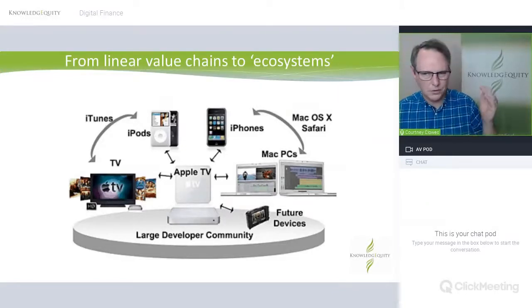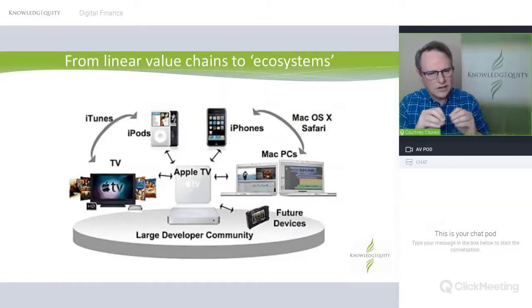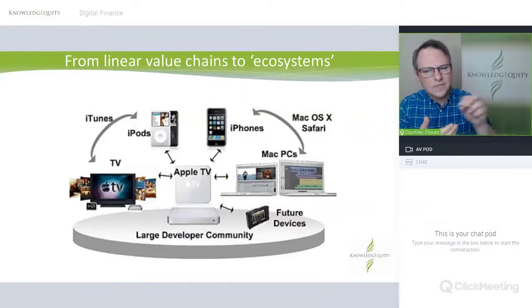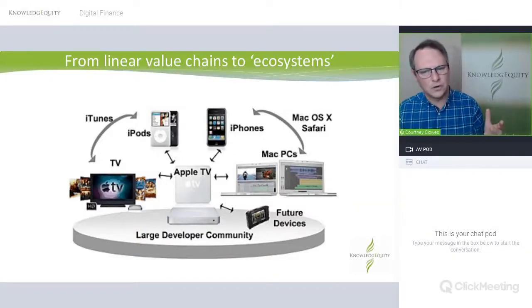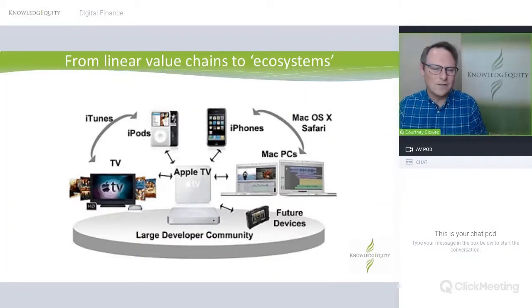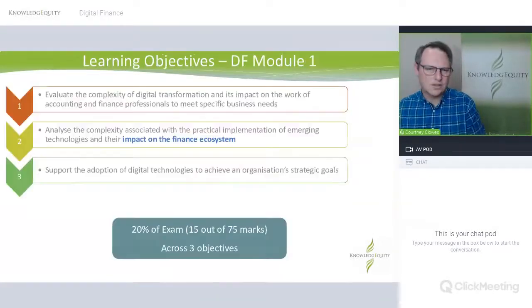So iPods, for example, if you can remember back that far, were music storage devices. But the reason why they were so powerful was they plugged into the iTunes store, which gave you access. And then iTunes also has access to software, and then there's Macs, and then there's phones, TV, a fully integrated community where once you're in that ecosystem, everything else works more smoothly. So you can transfer data from your phone to your PC. It goes into the cloud. There's backup, there's storage, photos are syncing. All of these great technologies interrelate. And that's the idea of an ecosystem concept.